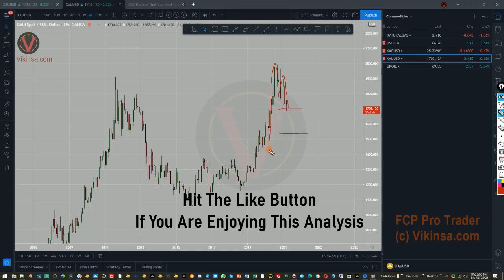That's quite a possibility, because that's where this M pattern is going to complete, somewhere around here. If you are expecting that around this level the market is going to create an all-time high, you have to be careful. I am bullish on gold, as I said, and I'll probably take long positions from here as well if I get a confirmation. If I get a confirmation based on my FCP technique, then I will go for a long, but I'll be very, very careful, because